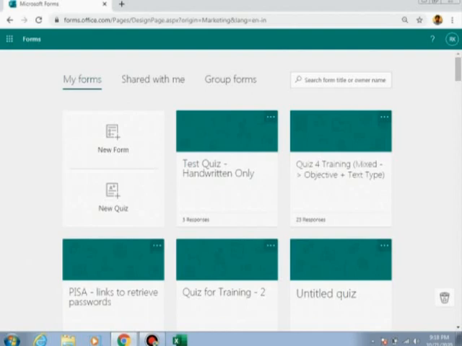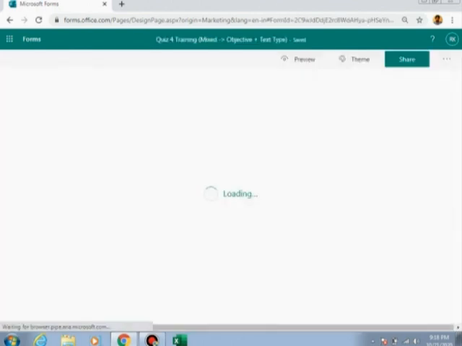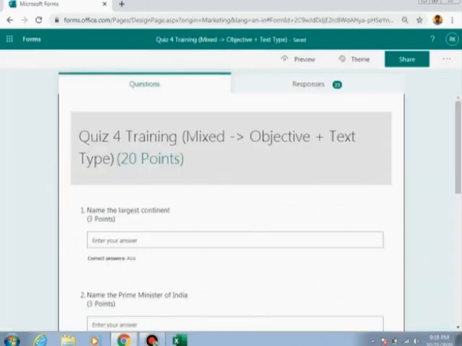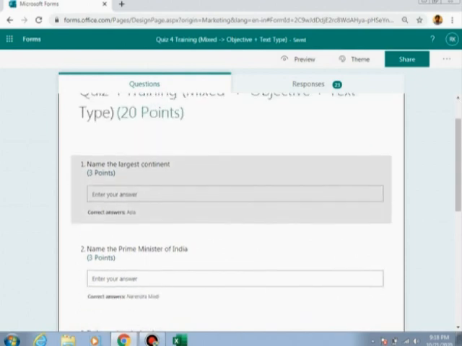In this session we are going to learn how to create an online question paper which contains answers of mixed objective type and text type questions. That means students are supposed to write subjective type answers, but longish answers starting from a single word to multiple words, sentences or paragraphs. Okay, I have created a test paper here and the test paper says name the largest